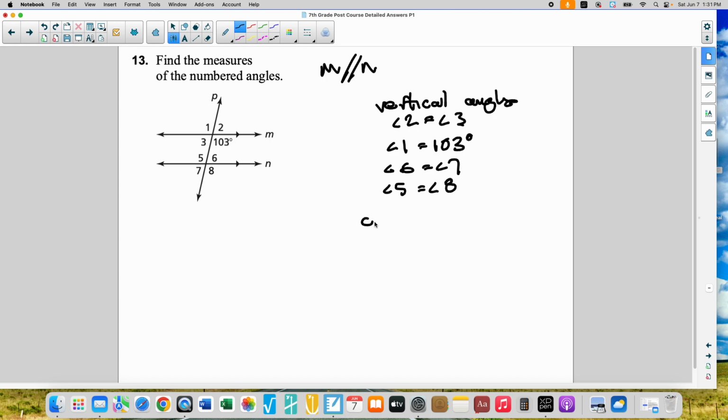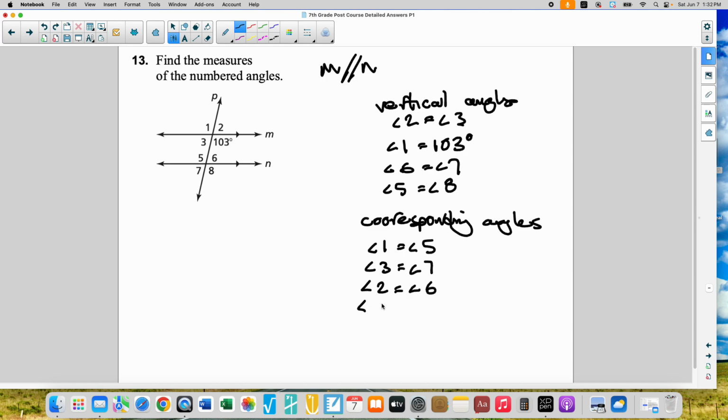Then we have corresponding angles. Corresponding angles are like on a clock. If we look at the top left of this intersection, it's the top left of this intersection. So angle 1 is equal to angle 5 because they're corresponding. Angle 3 is equal to angle 7 because they're corresponding. Angle 2 is equal to angle 6 because they're corresponding. And 103 degrees is equivalent to angle 8